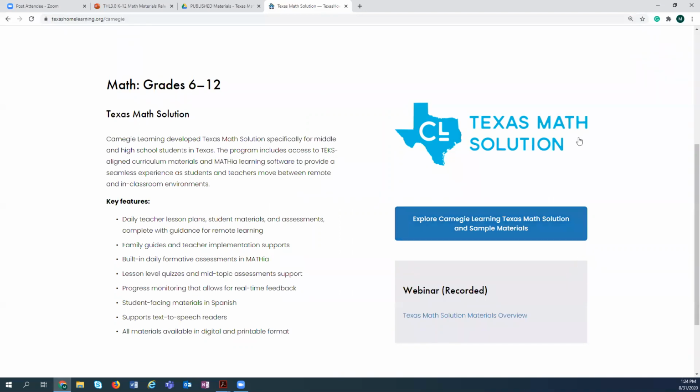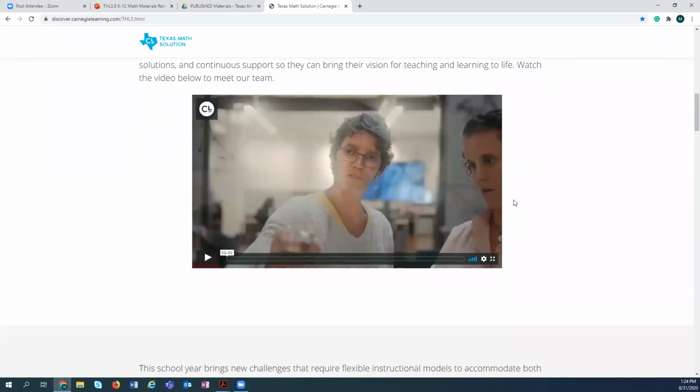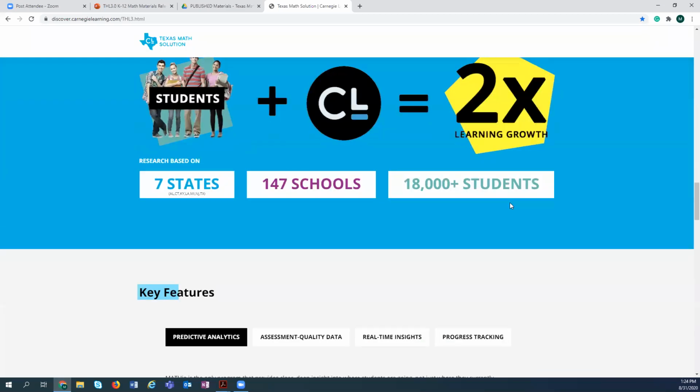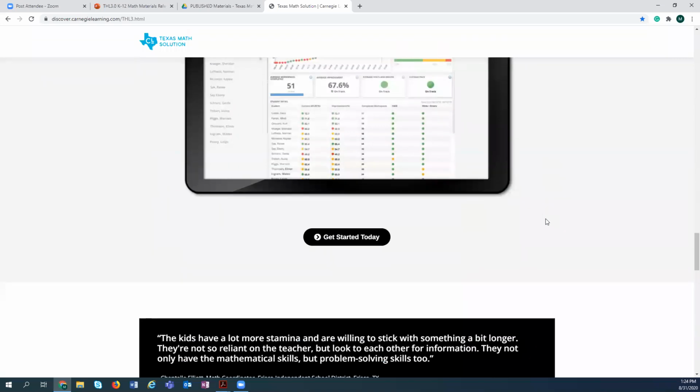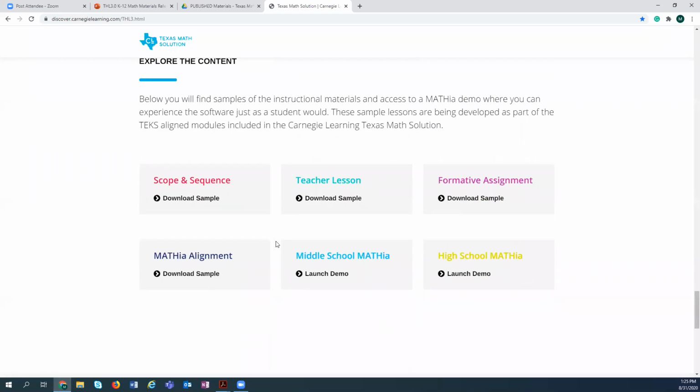And on this page, you can go all the way to the bottom of the Carnegie Learning page. And one important component that I think is great for people to work out and try are these demos for Mathia. So there is a middle school facing and a high school. They actually look a little bit different because of the age group.